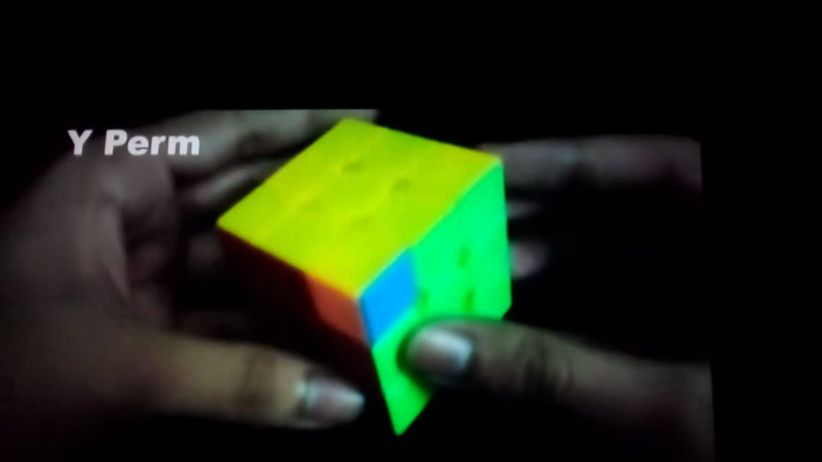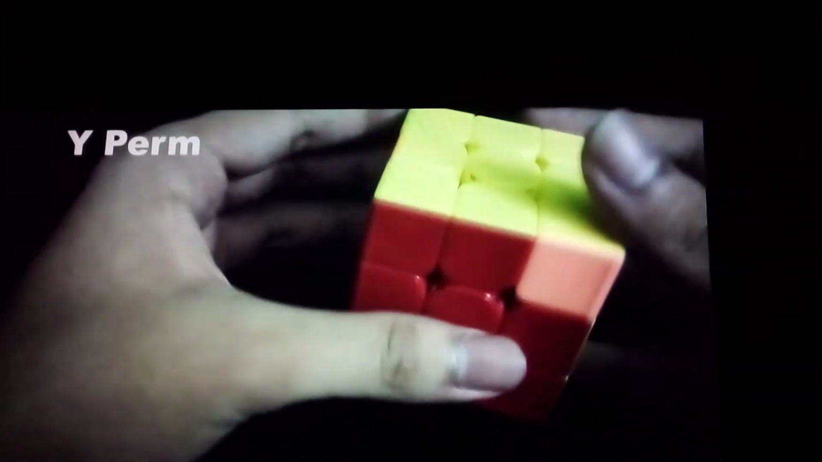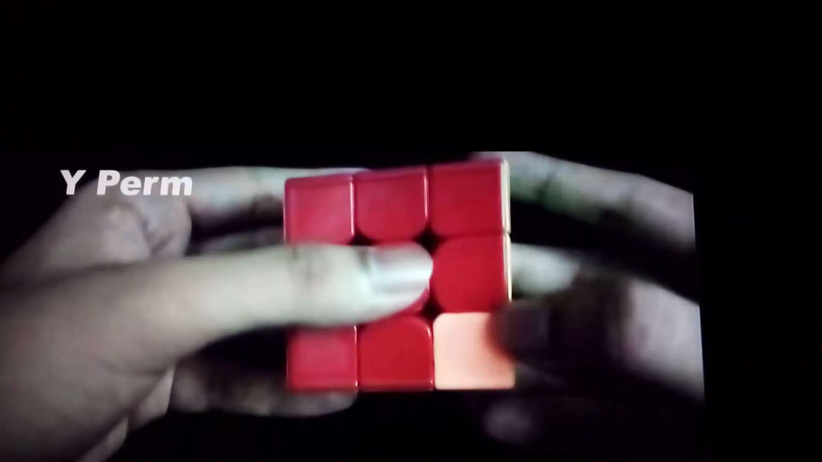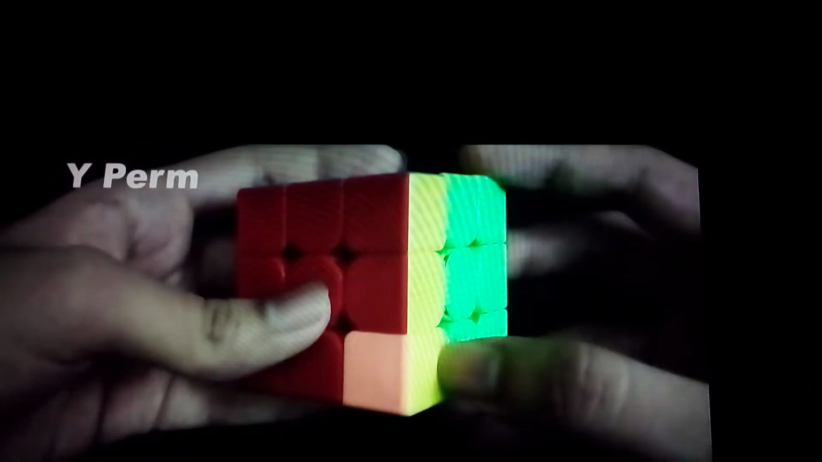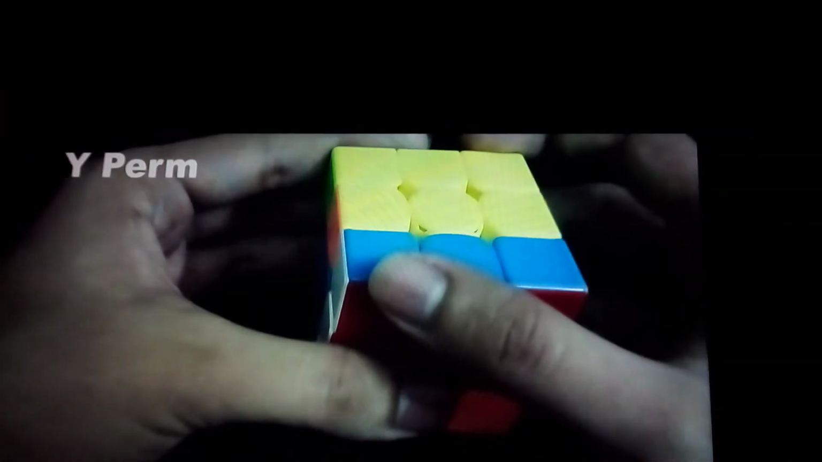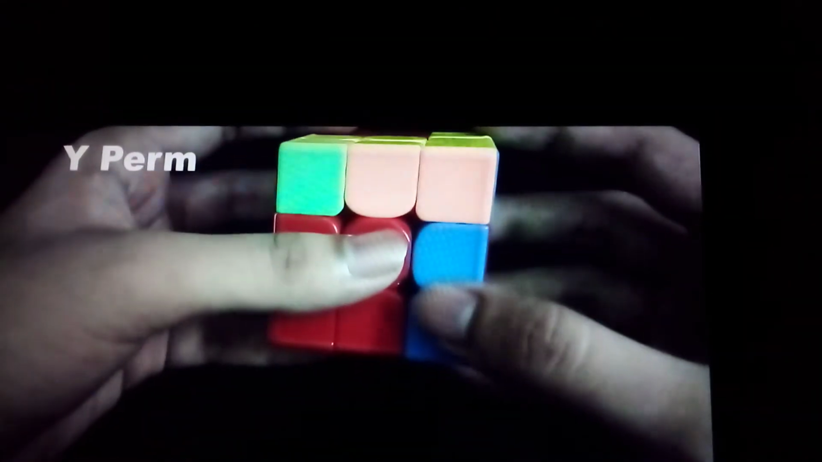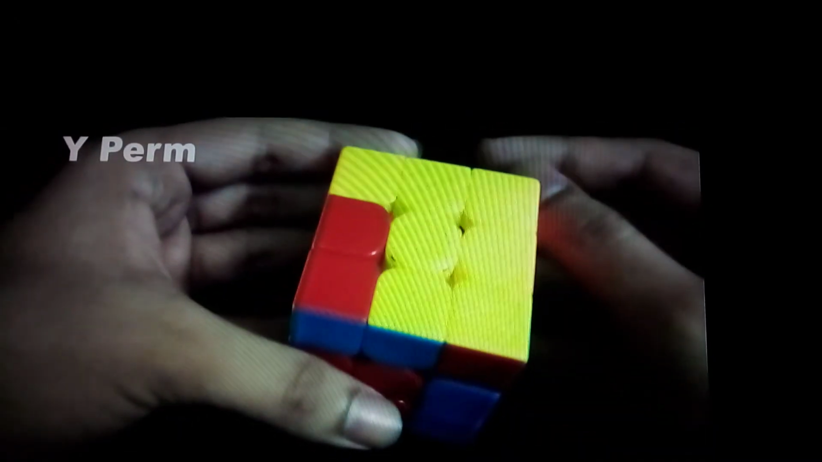Finally, the last one, this is Y perm. I think you should better memorize this because you can get this often. So the alg is like, if broken, it's like this. You do an F, you insert this to here. So I'm inserting the white, blue, and red pair here. Then doing a U prime. Take this out again